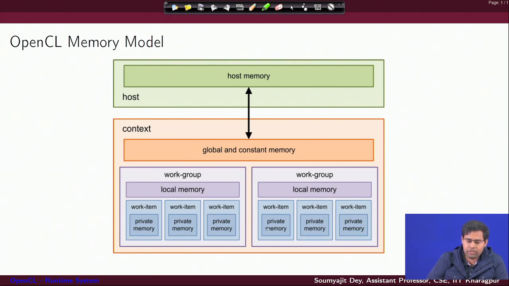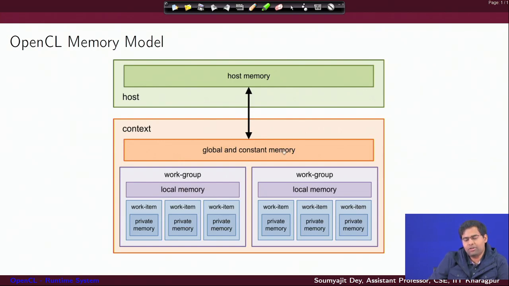Now, this is where things become a bit more complex and different with respect to CUDA. We need not have a single device, we need not have a single GPU. I can rather have a collection of devices, and among the collection of devices, I can have devices coming from different vendors. Accordingly, as a memory object, I will define a context as an abstraction. Inside this context, I will have a collection of devices.